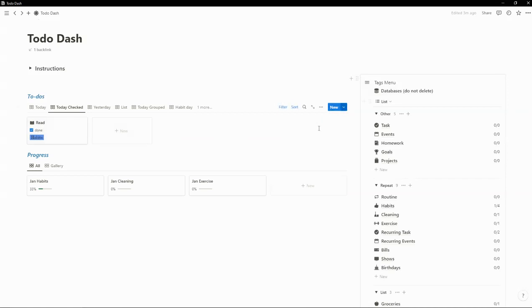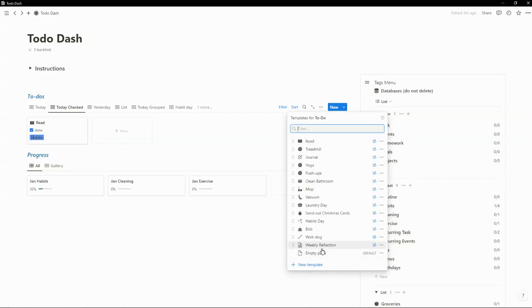I also wanted to add, I created some of these already, just as a starter. So when you first duplicate this, all of these are going to be on your today to do because the created time will be for today. So when you duplicate this and you go on today, you're going to see all of these. You can just delete them